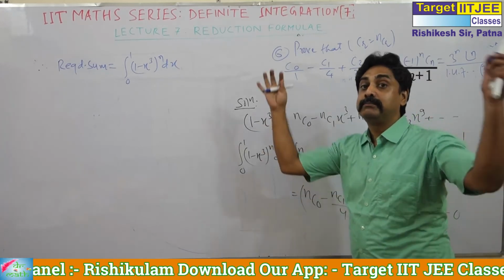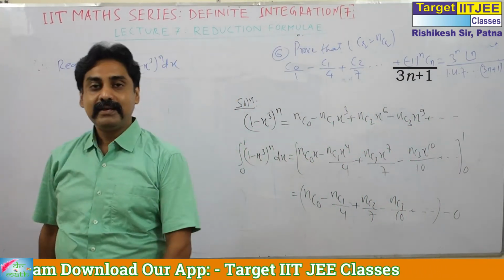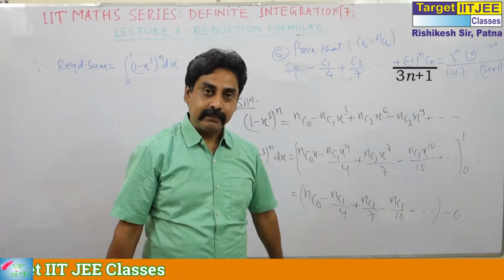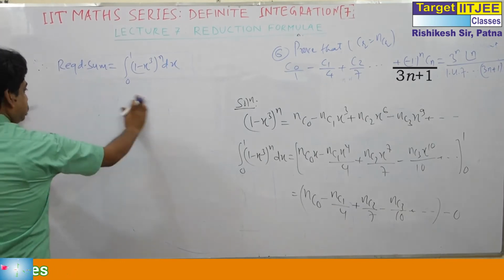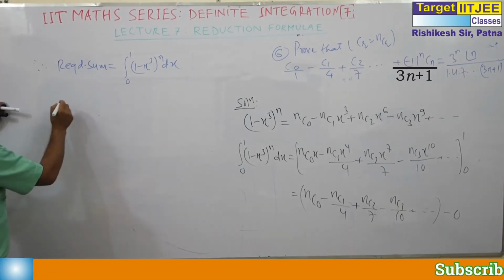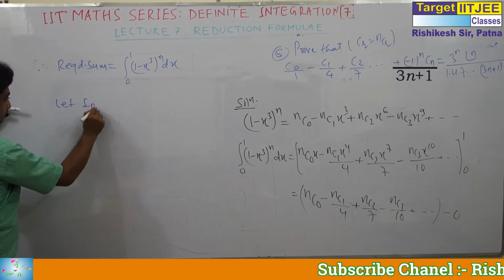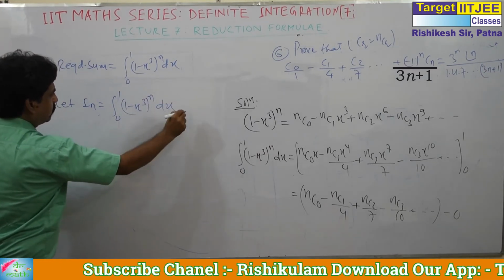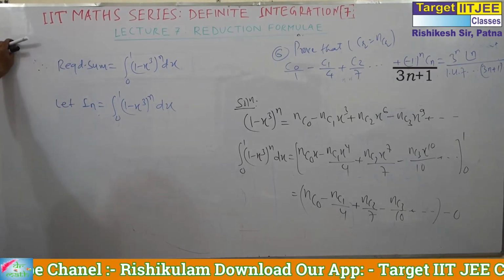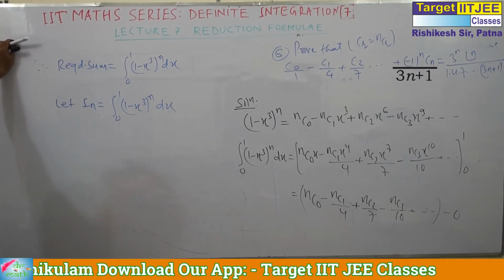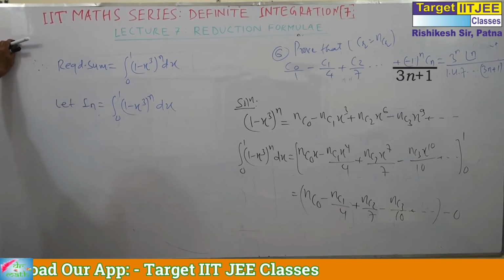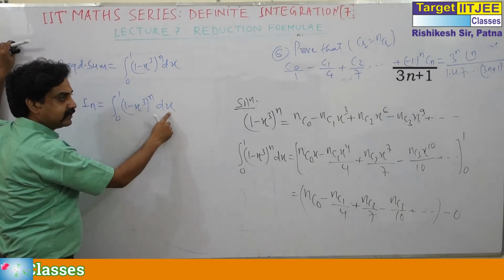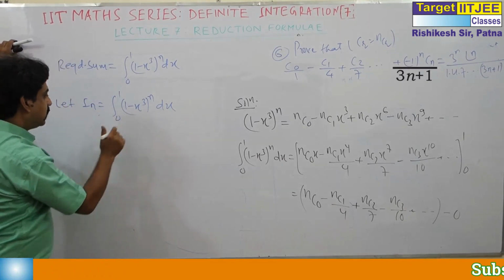And now the question moves to the reduction formula. I have told you earlier, this is the most thrilling class of mathematics. Okay. Now, how? Let I_n equal the integral from 0 to 1 of (1 minus x cube) to the power n. In most of the questions we have to do just integration by parts. We will take this as the first function and dx, or 1, as the second function. Roughly we say dx as the second function. How? Let's see.